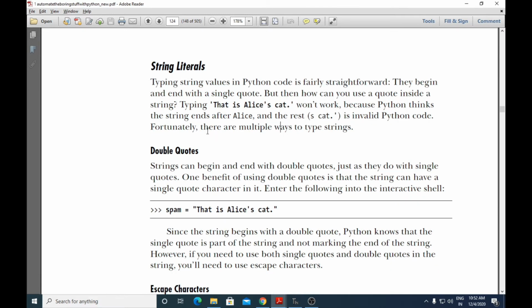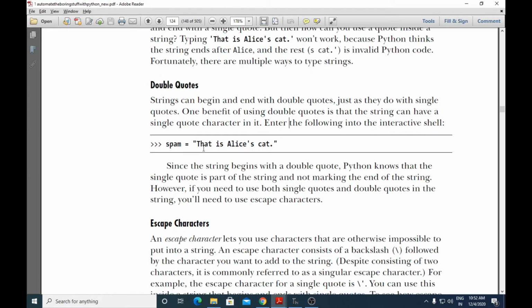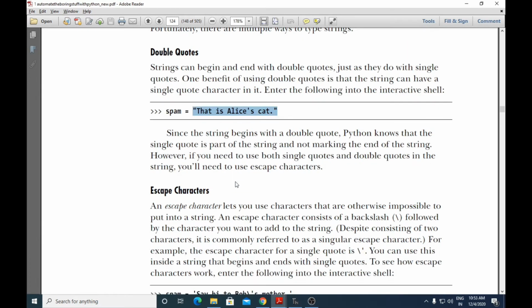So there are multiple ways to type such strings. The first thing we saw is making use of double quotes, so you can use single quotes within that string. If you have any single quotes within a string, then you put them in double quotes. So this is one way of printing a string.